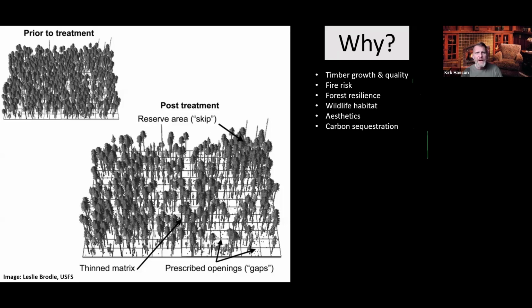If you have small diameter overstock stands, you might be thinning to reduce fire risk and grow larger, more fire resistant trees. Highly stocked stands can be very susceptible to all sorts of different natural disturbance agents, storms, disease, insect pests. So you may want to thin to improve forest resilience or forest health, just increase the vigor of